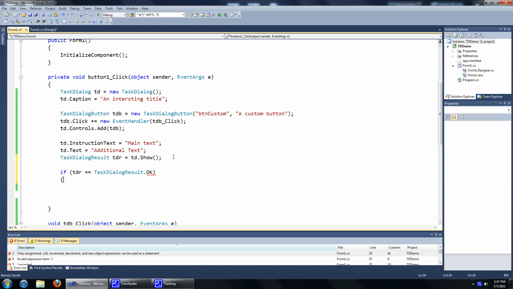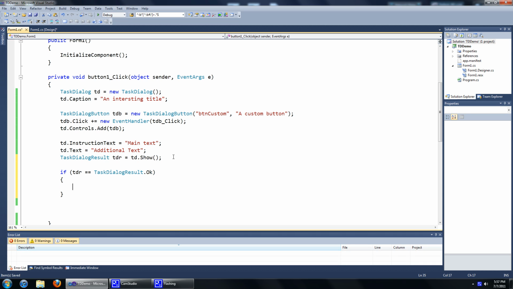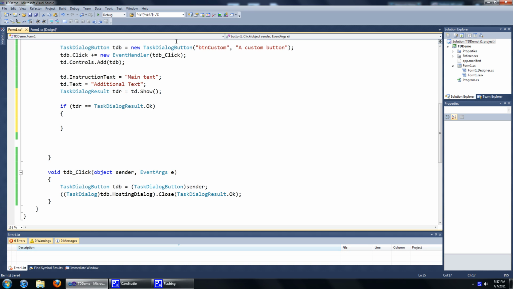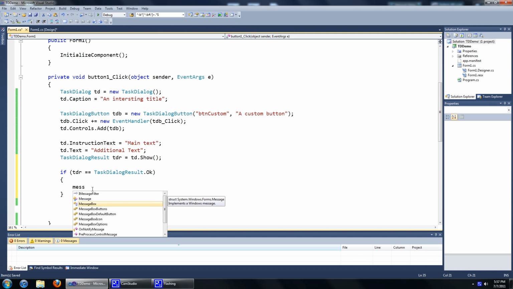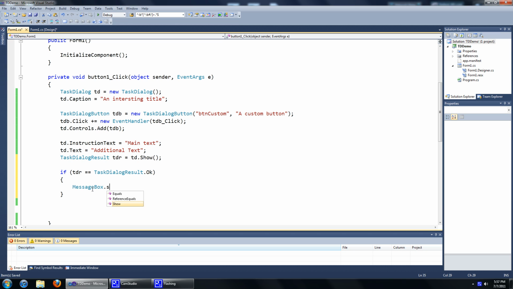This is just a little trick because using the TaskDialogResult.CustomButtonPressed is really hard. So instead, when they press the button, we're going to send an OK result back. So this will equal OK when the user presses this button, and we'll just say MessageBox.Show,